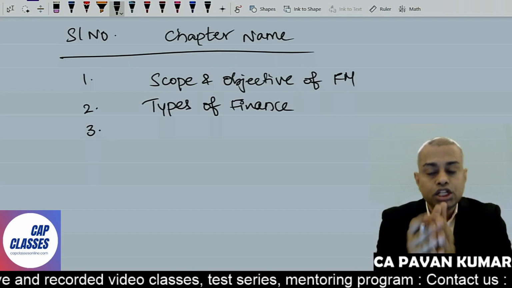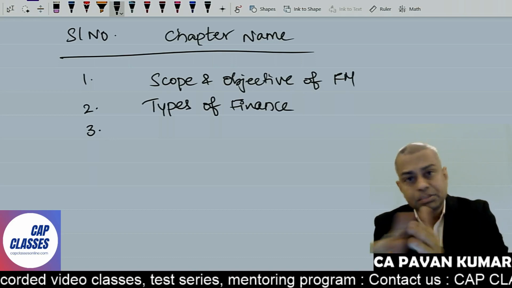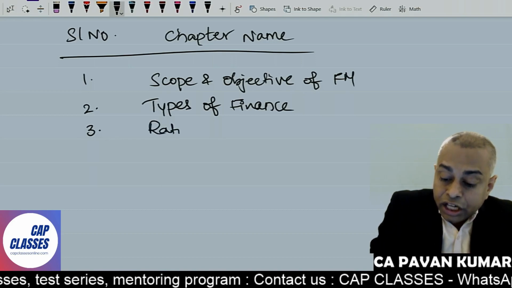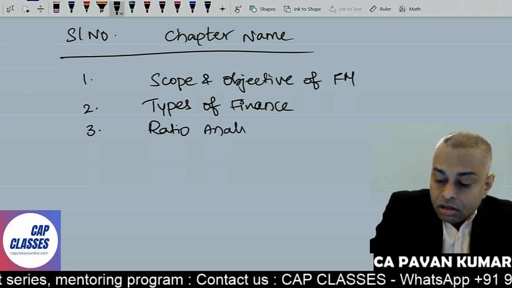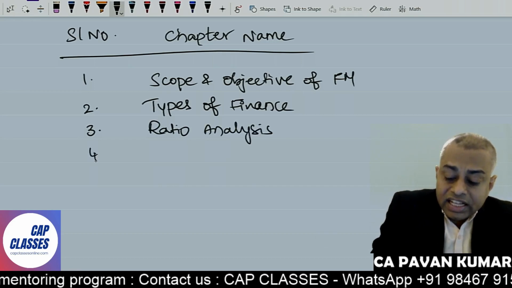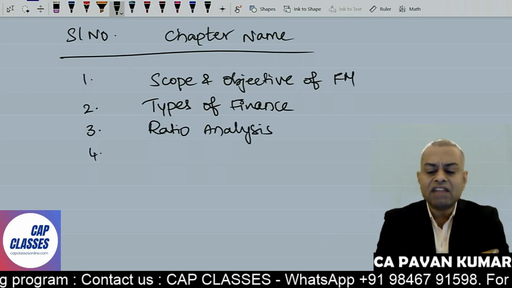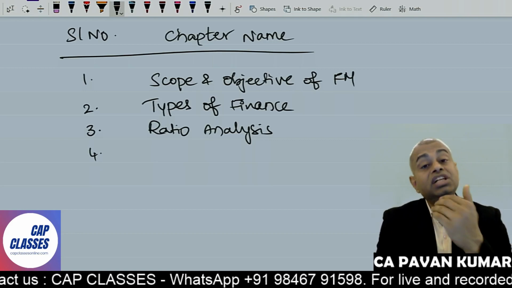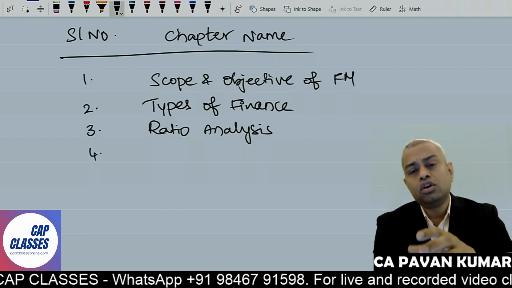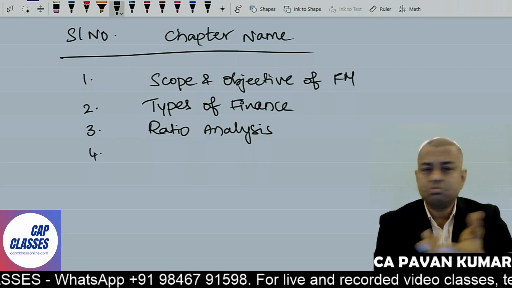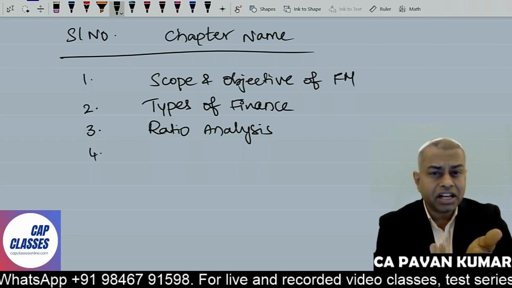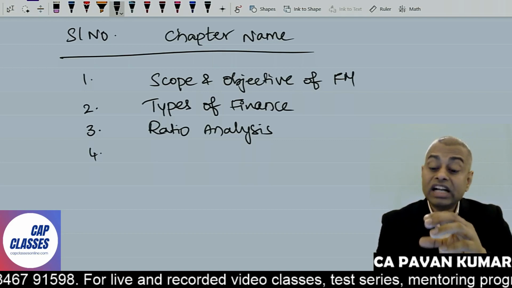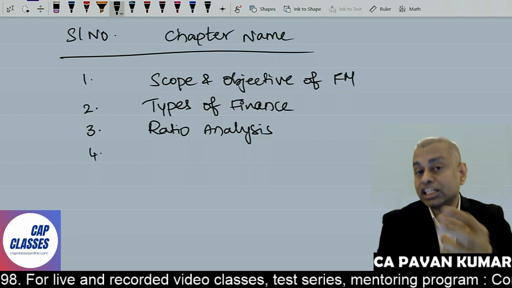Then start your practical aspects like financial analysis, starting with ratio analysis. Again, a very important and easy area. Important area, but easy area. Why is it easy? Because you have calculated ratios in many subjects in many years of your life. To begin with, gross profit, net profit, debt equity ratio, current ratio, all these ratios you already know. But we look at some advanced ratios as well.